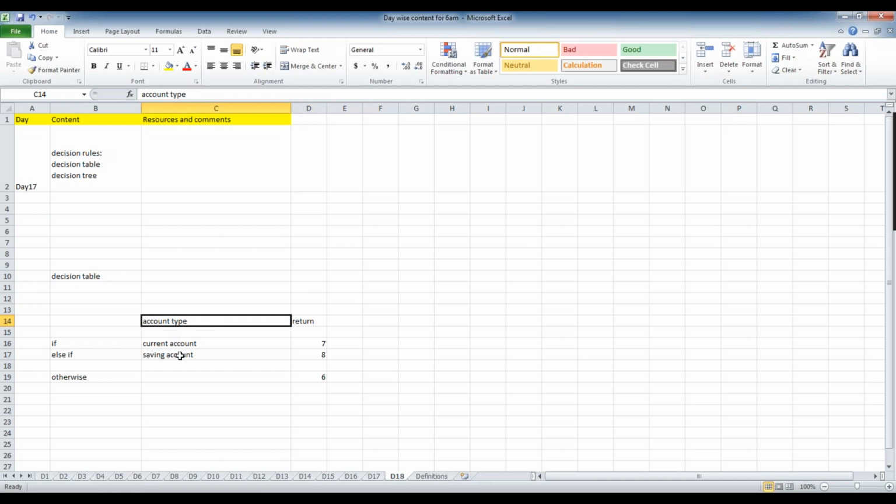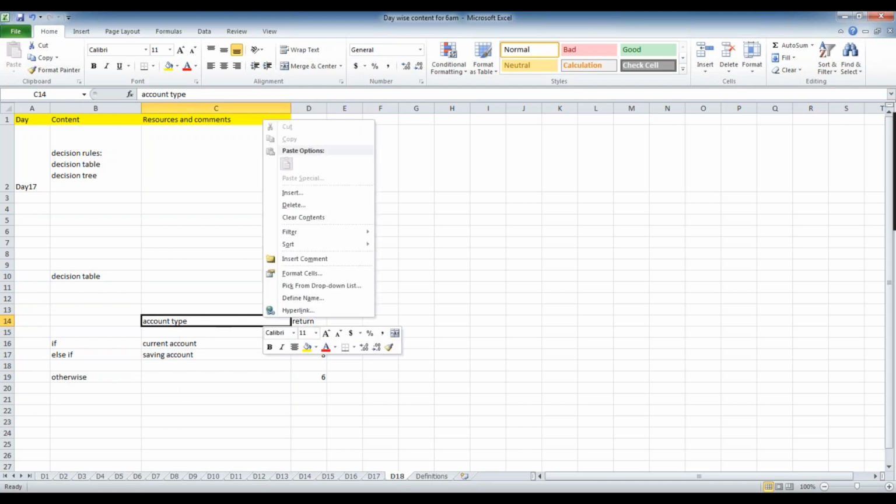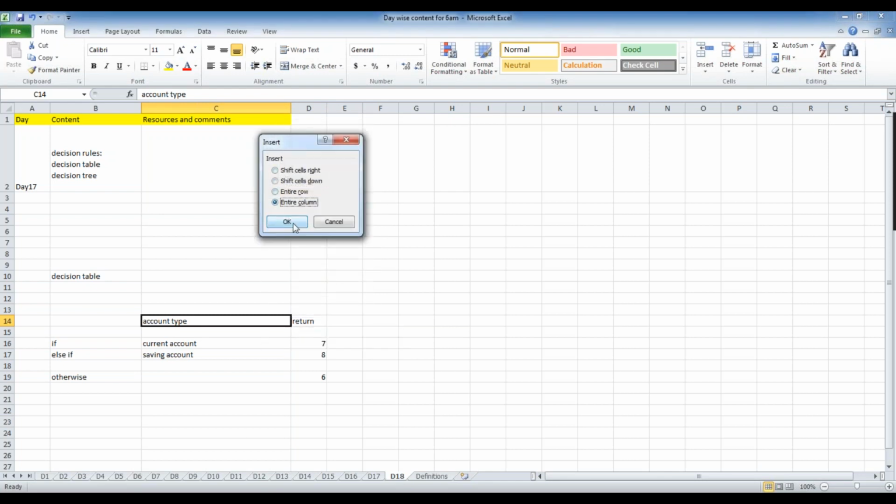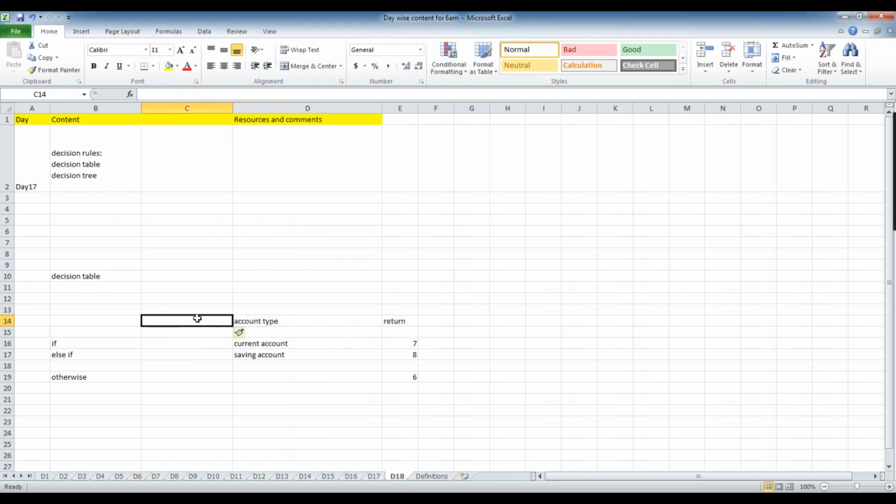If this is column 1 and you want to add one more column, you can add one more column. But again, say you want to add something like customer type. The customer type is gold and the current type I put in 7. So let's say for the customer type gold, for the savings account, I want to give a different rating.